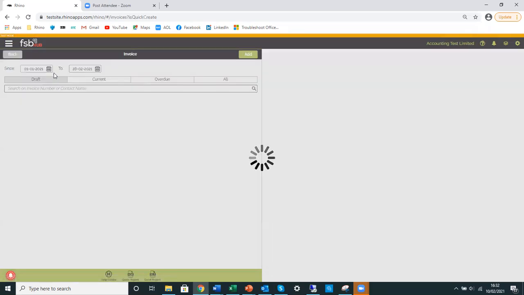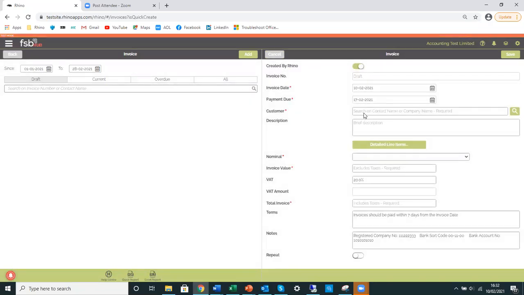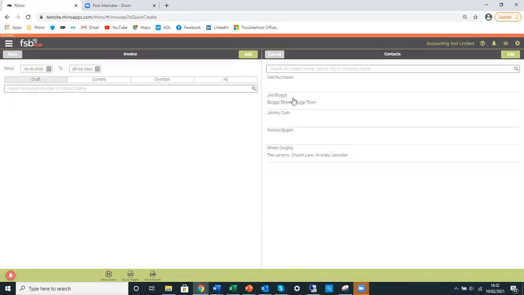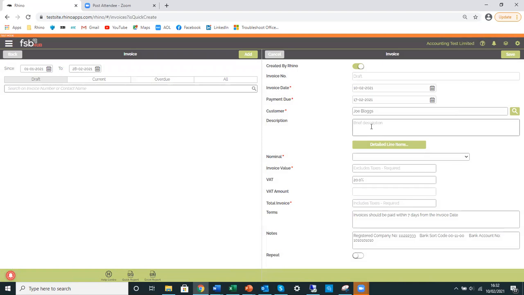So I'm going to go and do an invoice. Customers are already doing this. They've been doing this now for years in Rhino. You can select a customer, Joe Blogs. I'm going to do a very simple invoice, and I'm going to say it's for products. Once again, this would not appear if I've only got one nominal code for sales, and it's for 100, say